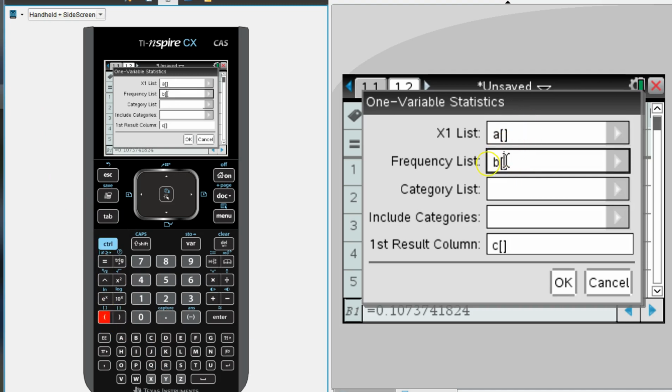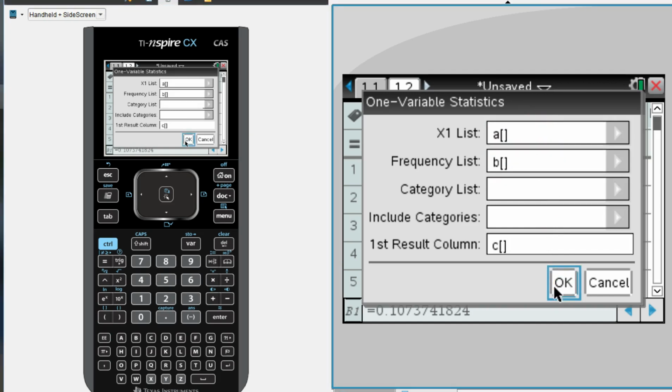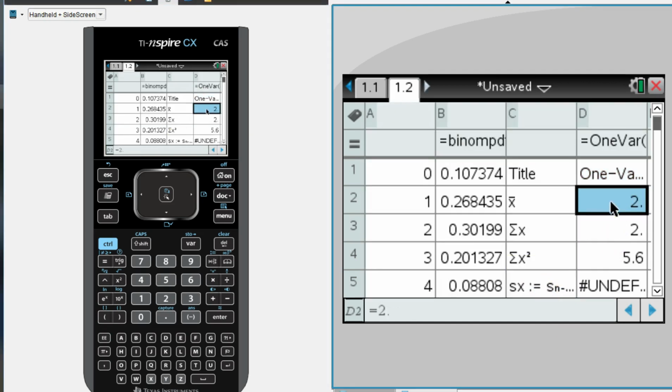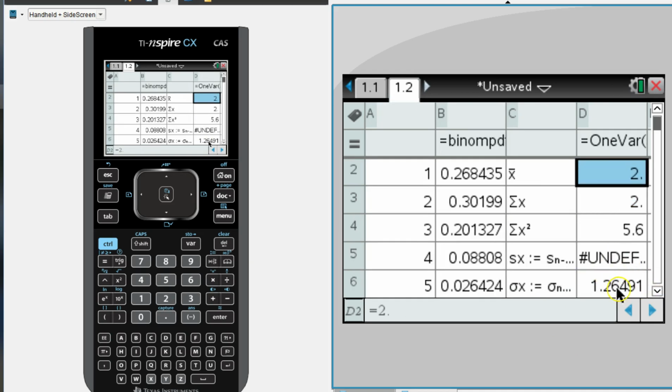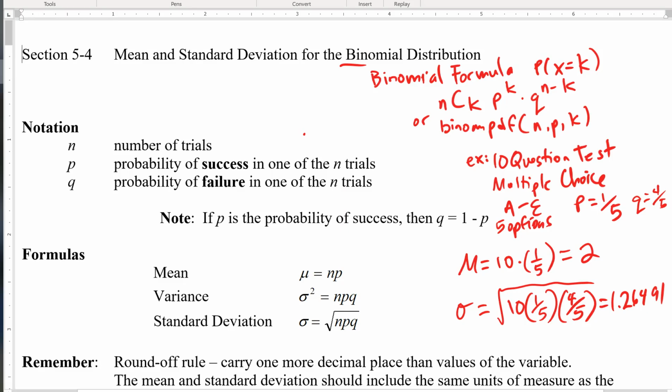And this is something we used in 5.2. But I can do that here also if I have any probability distribution. I can do it on the x's, the probabilities. And what's nice is what? It gives me the mean. And it gives me, you got to scroll down, the standard deviation. What was our mean that we had? Well, we said 1/5 times 10 is 2. And we said the standard deviation, 1.26491. So these formulas, and keep in mind, this is only for a binomial distribution, I can get these numbers really quickly using these formulas. Okay? It's nice to see how it works, but